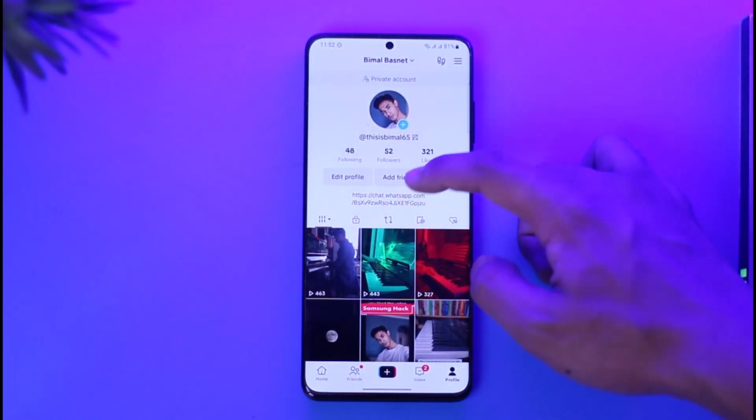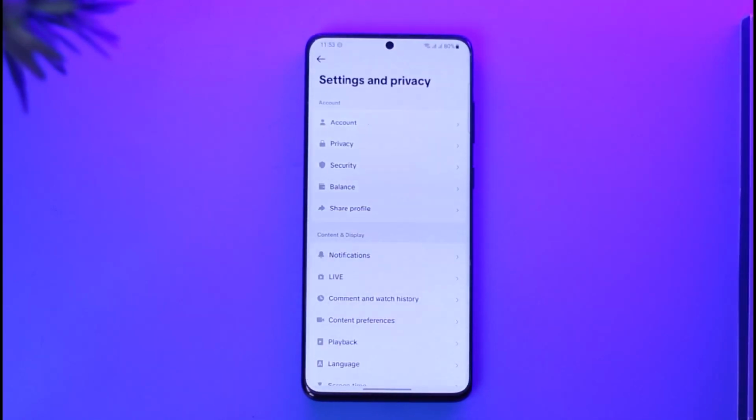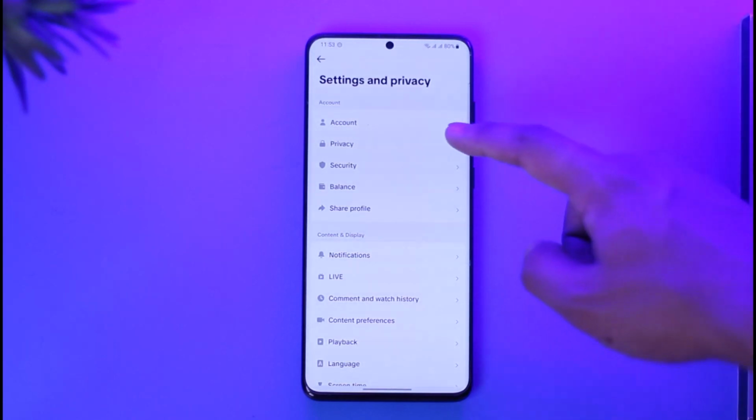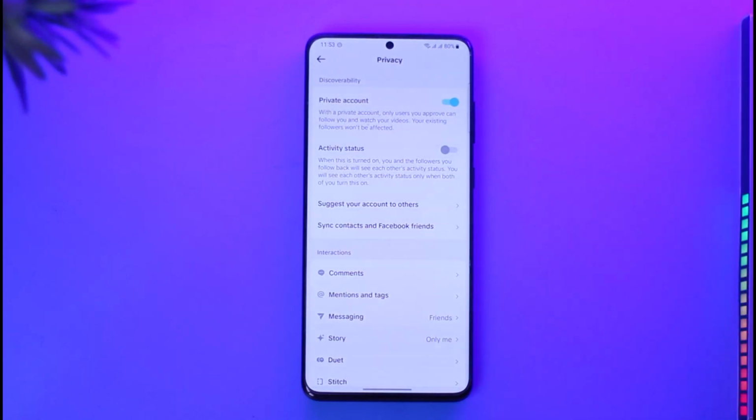So if you want to make it public, it's very simple. Tap the three lines option here and then go to settings and privacy option. When you go to settings and privacy, over here you'll be able to find this option known as privacy. Make sure to tap on it, and at the very top you can see the toggle next to private account